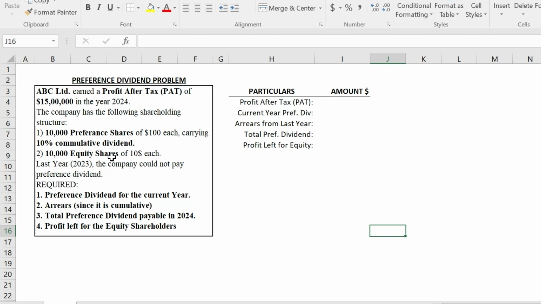Arrears, since it is cumulative, the total preference dividend payable in 2024 will be the sum of these two, and then the profit left for the equity shareholders. Let's calculate step by step. So the profit after tax, as has been shown, is 15 lakh,